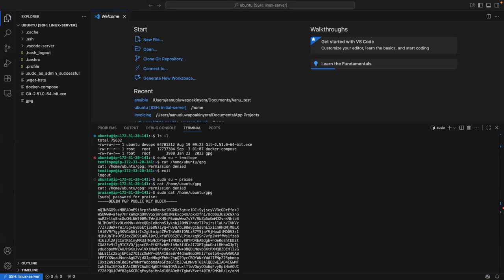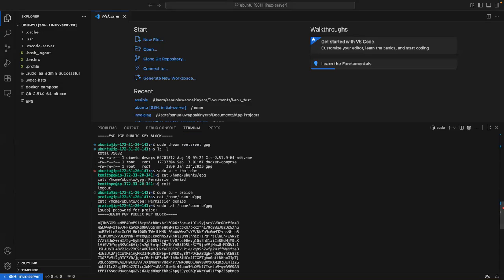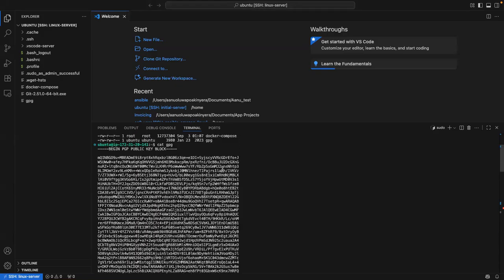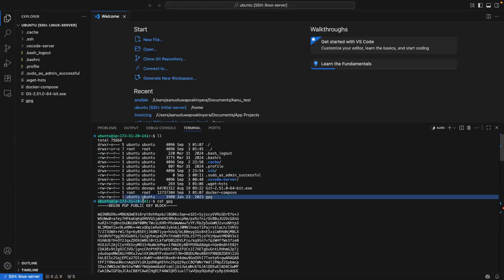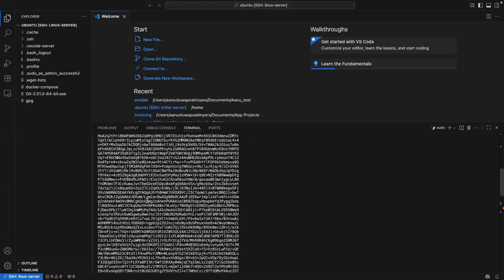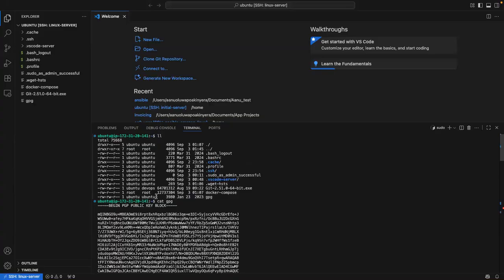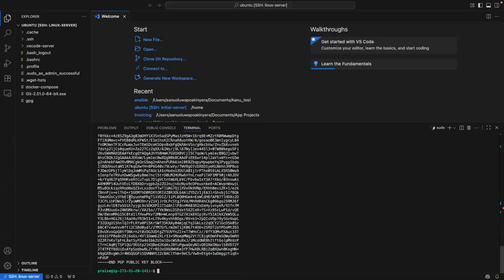Can I see it again, starting from the sudo su press? If you look here, I modified the owner and the group of this JPG file. Before, it was owned by Ubuntu and Ubuntu group, right? But even as Ubuntu, praise will not be able to read it.